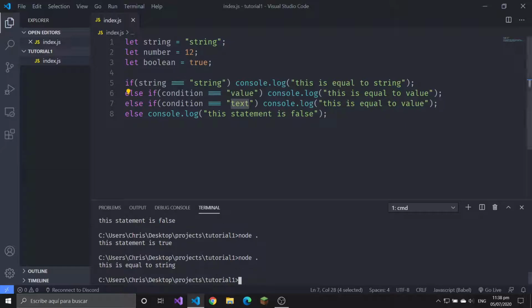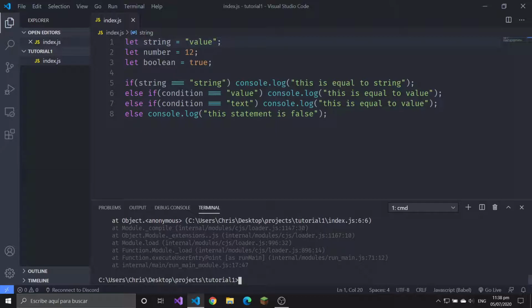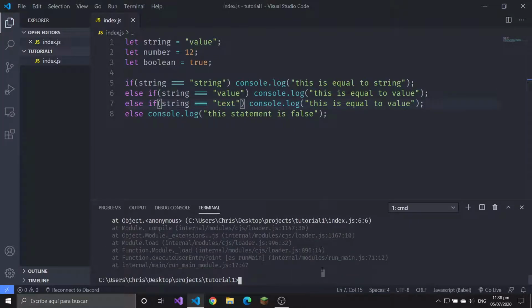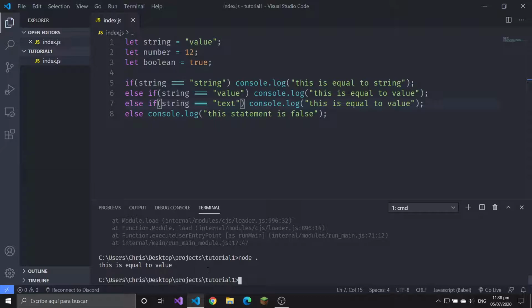Here it says it's equal to string because here it's called string. Now if we put value, it says error because condition is not defined. Oh yeah, because I didn't put the right one. Yeah, I didn't define it. This value is this string. This is equal to value. Now if we do text,